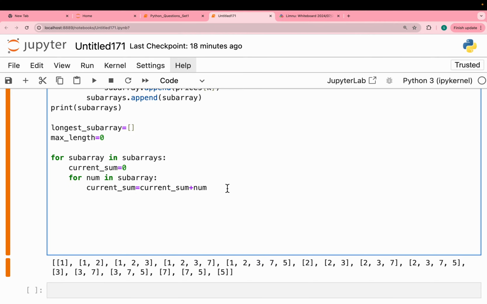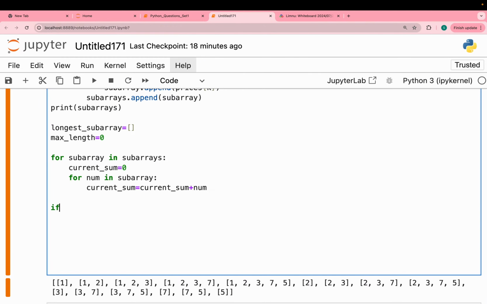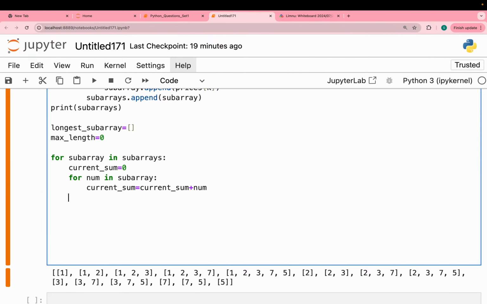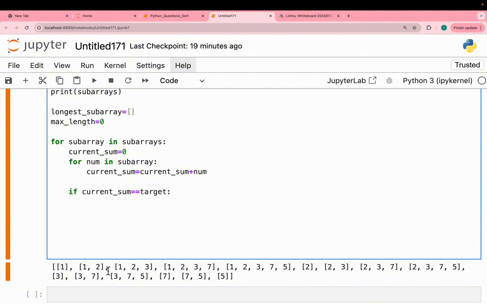And now what I need to do, I need to put an if condition. Because I am inside this subarray, I cannot start my loop from here. I have to start it from here only. So for the indentation, I'll do an if current_sum is equal to target. So what I'm doing, if this sum is equal to target, I'll filter out those subarrays where sum